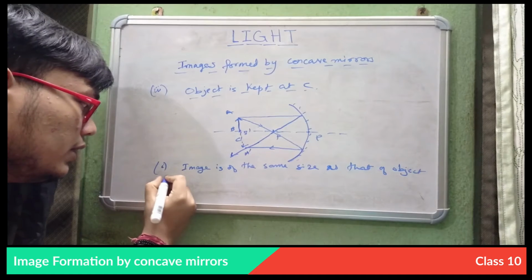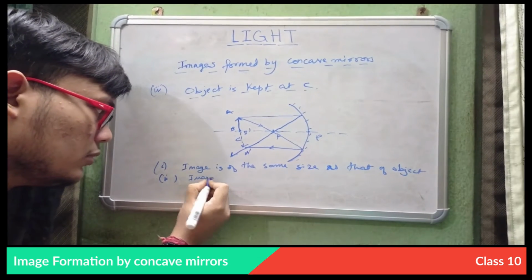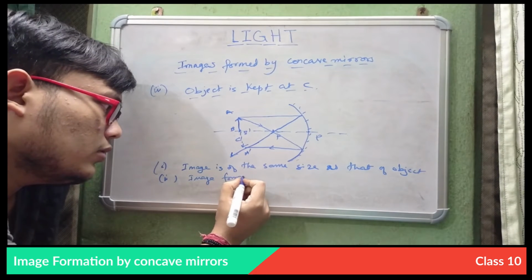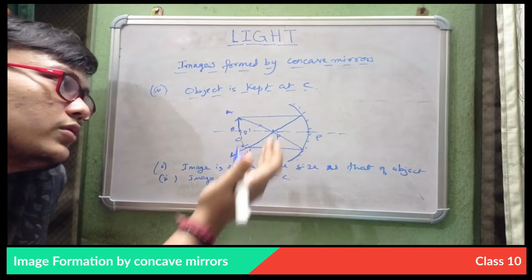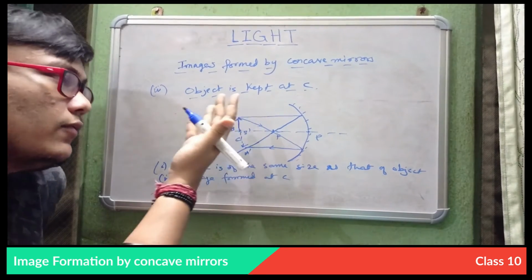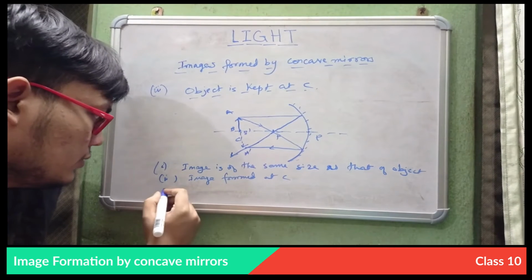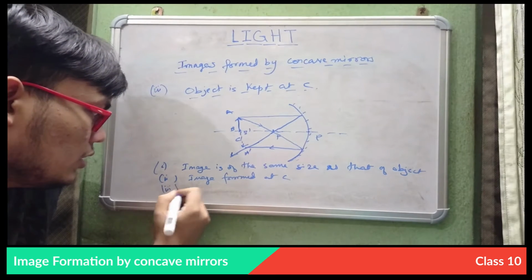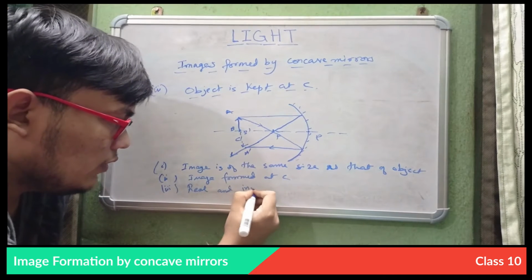And the second one is image formed at C. Also similar to the last one, it is a real image and it is inverted. Real and inverted image,